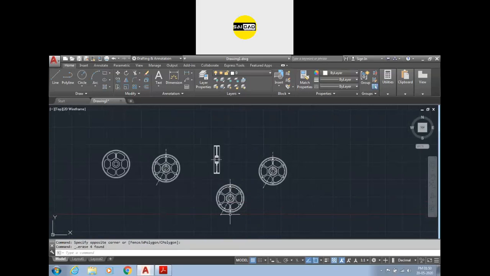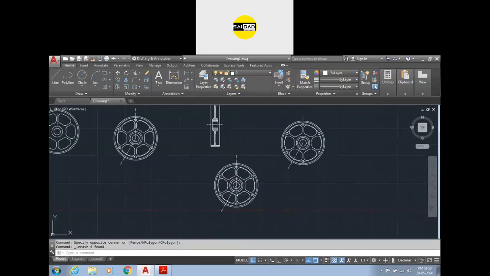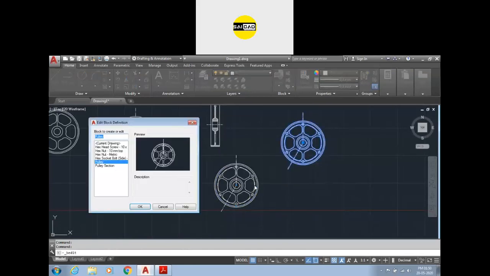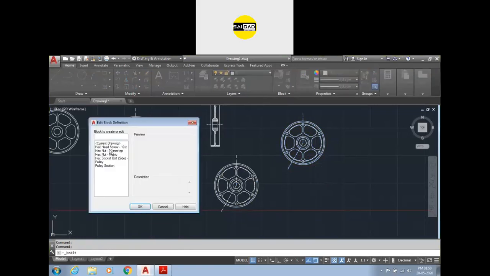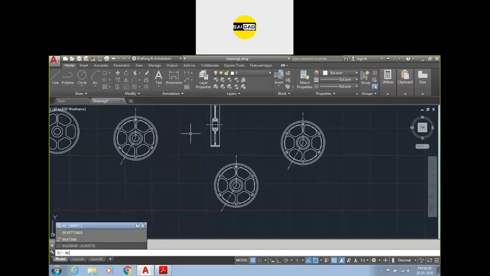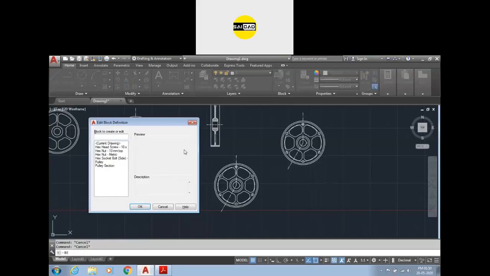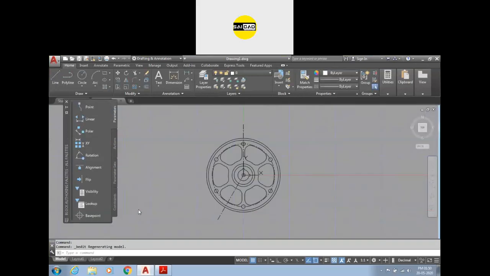If you want to edit the block, the main thing you need is how to edit the block, how you can insert anything inside the block. So there is the option, you can just double click on the block. There will be the edit block definition, or you can just go here to the second option, that is block editor, and select the object from the list, or you can type B for block, E for edit, press enter, and you can select it from here. So it is easy to just double click here and go to the block and press OK.